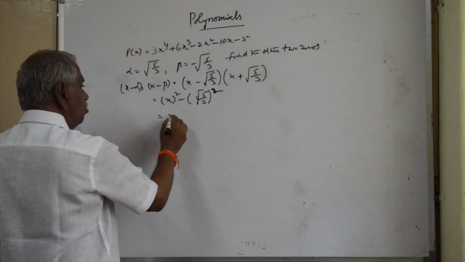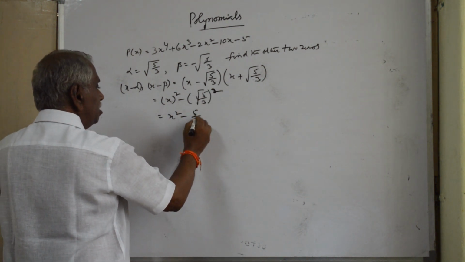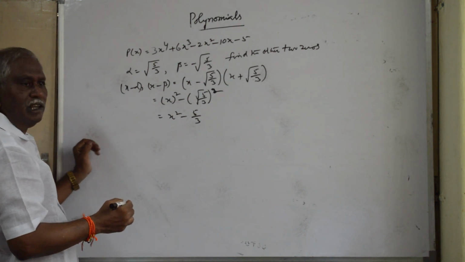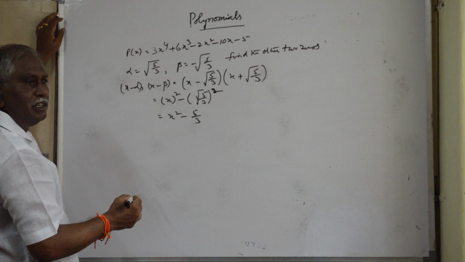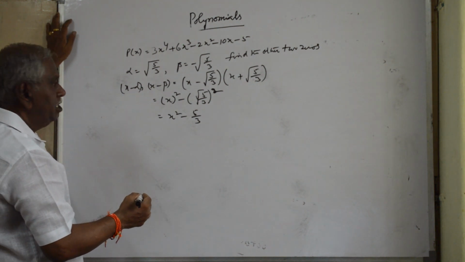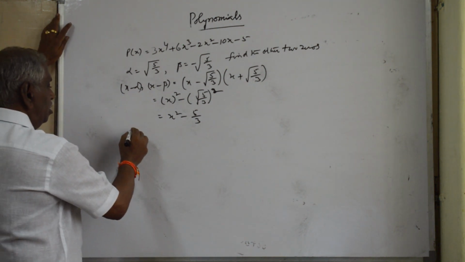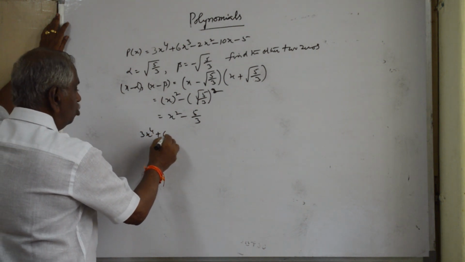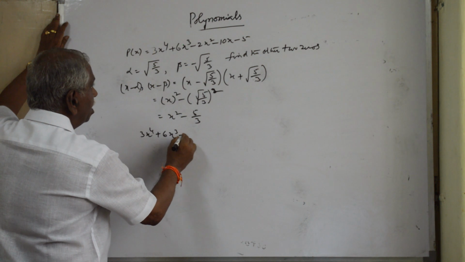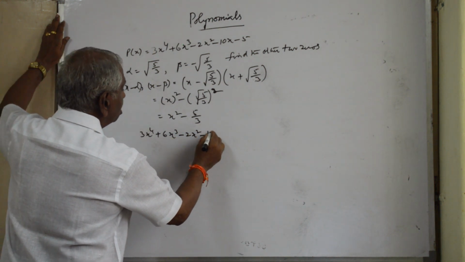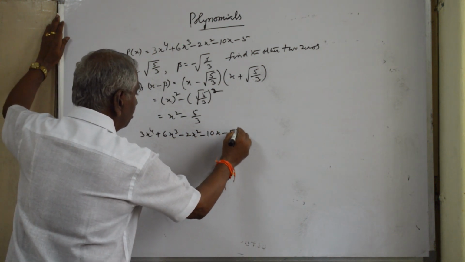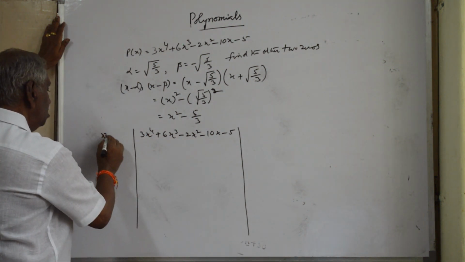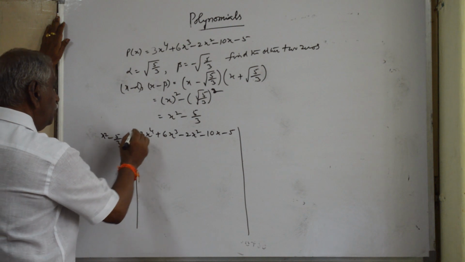So we can say x square minus 5 by 3. So the product of two factors is equal to x square minus 5 by 3. Let us calculate the other two factors by dividing this p(x). We can divide 3x power 4 plus 6x cube minus 2x square minus 10x minus 5